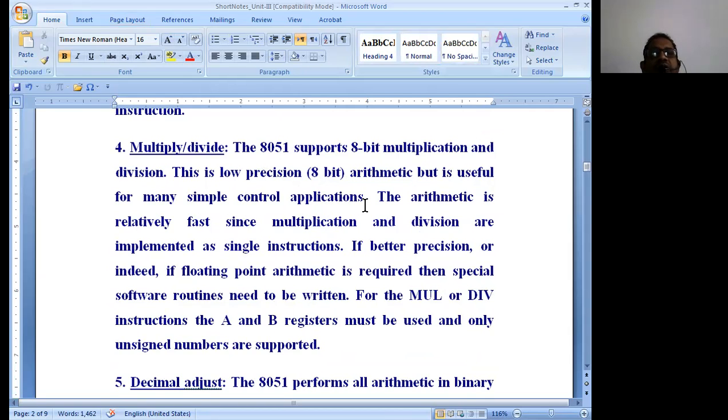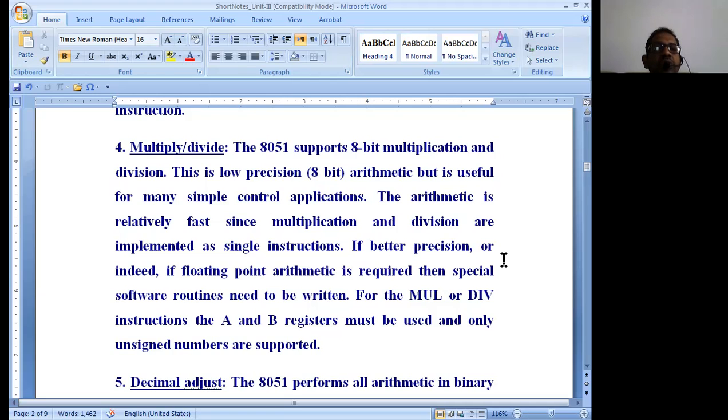Basically, multiply and divide are used for control applications. The arithmetic is relatively fast since multiplication and division are implemented as single instructions in the 8051. Therefore, it is fast enough in performing the various operations of multiplication and division.